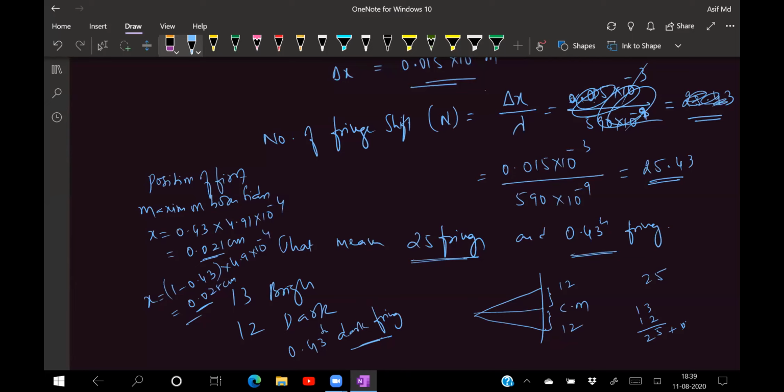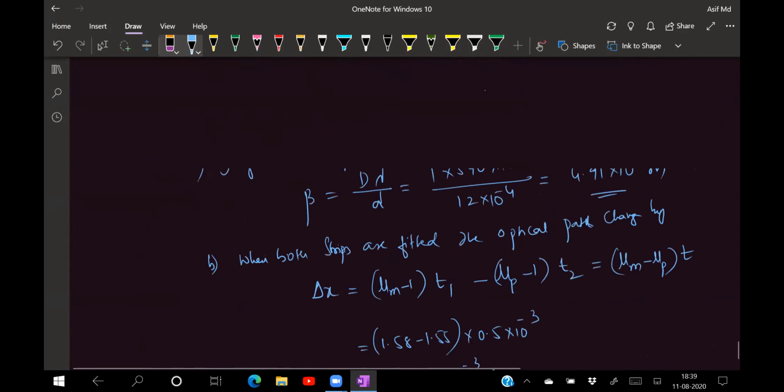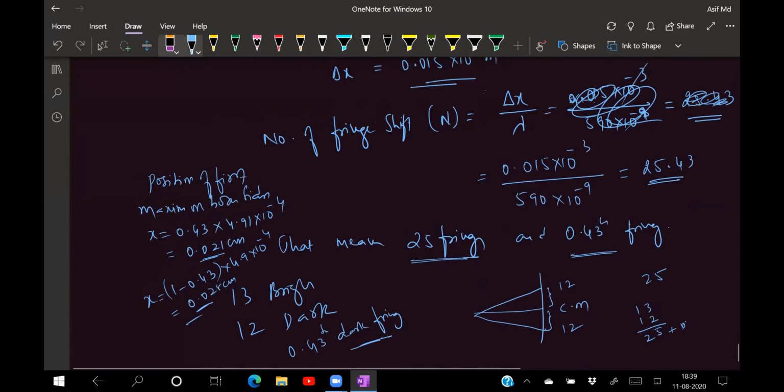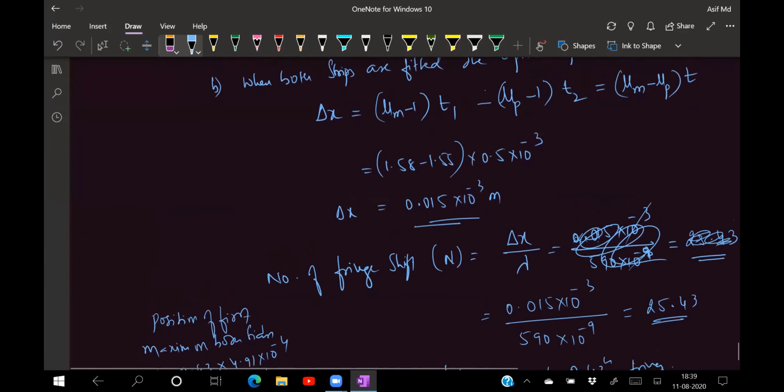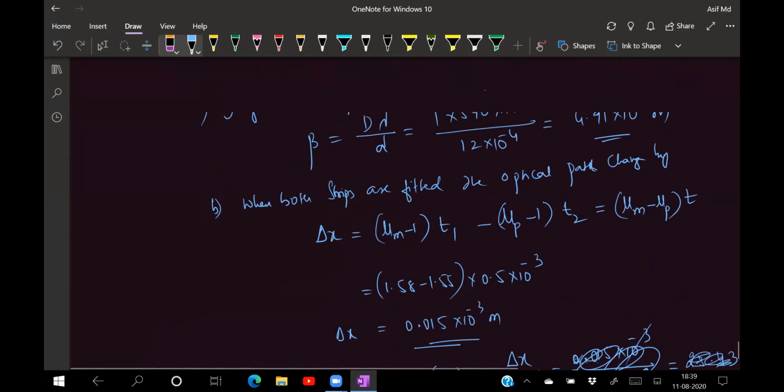Central maxima from the first maxima will be equal to how much? Answer ఏమి ఇచ్చాడు, అదేనా? అర్థమైందా మరోసారి చెప్పనా? సార్ 4.9 ఎందుకు తీసుకున్నారు అర్థం కాదు. అది ఫ్రింజ్ విడ్త్ రా. బీటా వాల్యూ ఎంత వచ్చింది ఫస్ట్ క్వశ్చన్ లో? బీటా ఫ్రింజ్ విడ్త్, మాక్సిమం డిస్టెన్స్ బిట్వీన్ ఆన్ ద బోత్ సైడ్ అంటే ఇంత ఫ్రింజ్ విడ్తే కదా. Distance between this bright and this bright is beta.